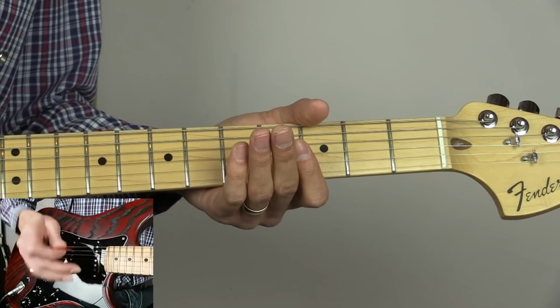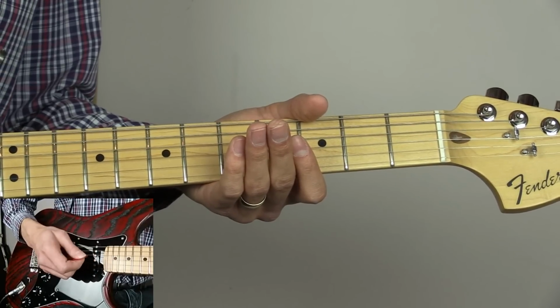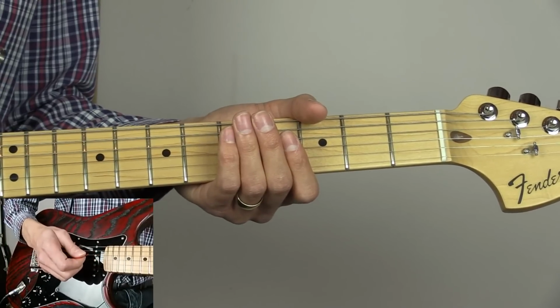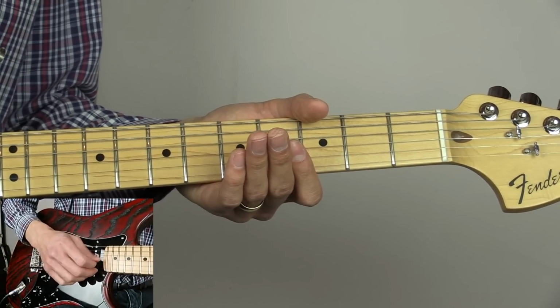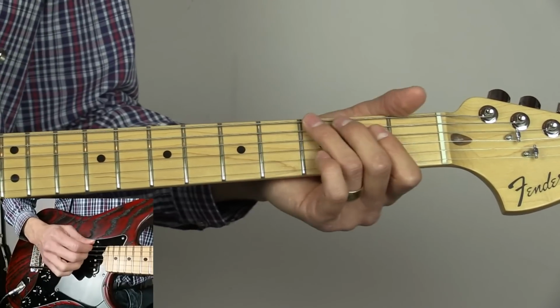Then what we're going to do is play the open G, but first depress the vibrato bar very slightly and then release it. So you get that sort of, exaggerated a bit there, but you get the idea. So you do that and then play the G again, and then you can add a bit of vibrato to that as well. So that will give you...